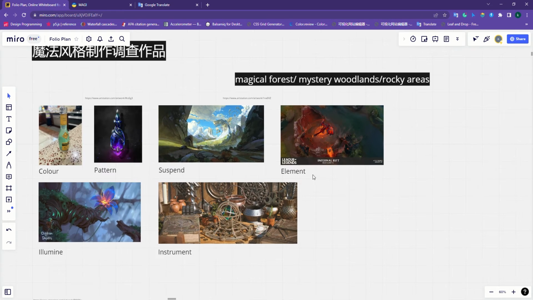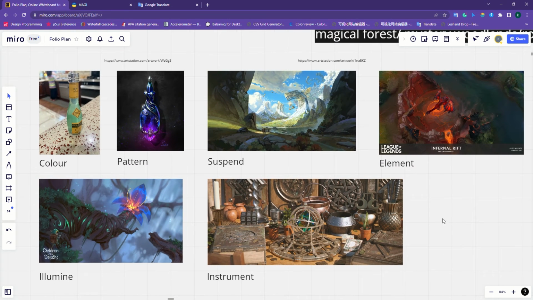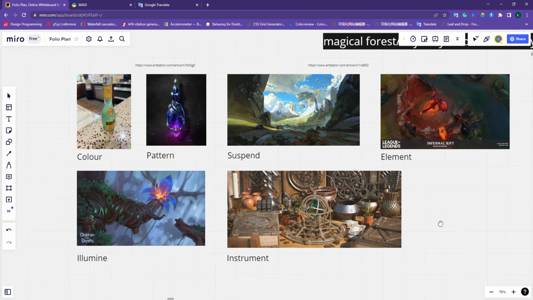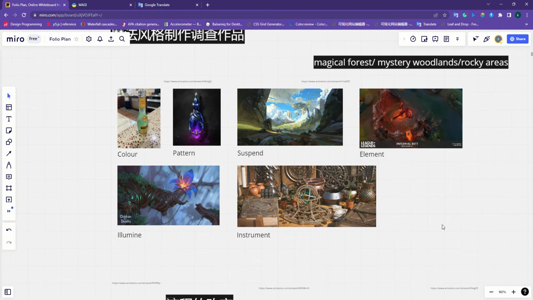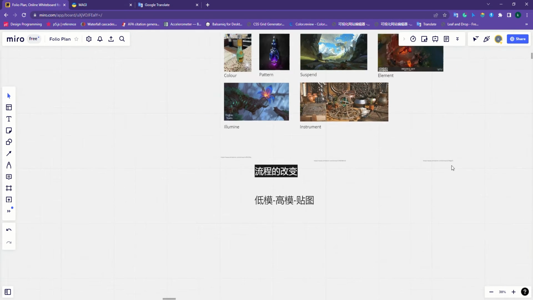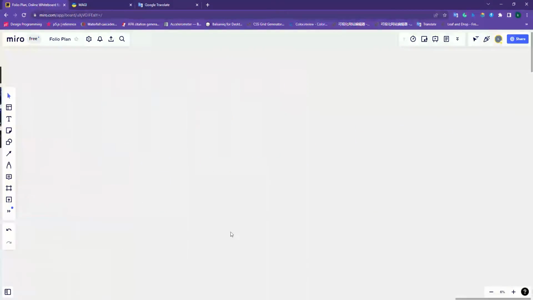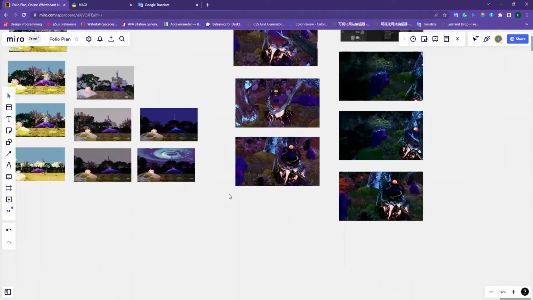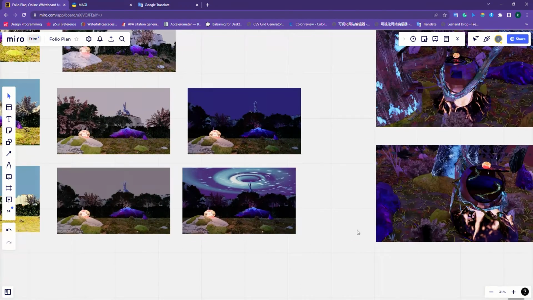follows the previous summary of magical visual effects, including patterns, colors, floats, and elements. In terms of patterns, I mainly use the bending method of plants to express some floral patterns, and I also let the original wood texture slightly emit blue light. For color, I used purple, blue, and red as the main colors, which look more magical and distinguish from the